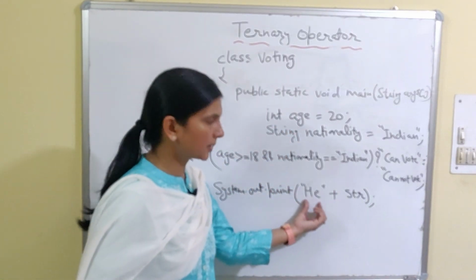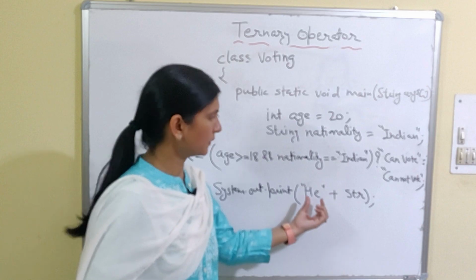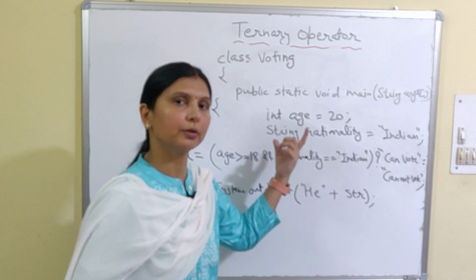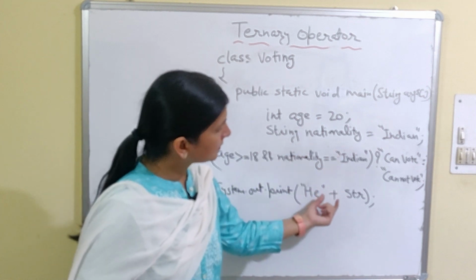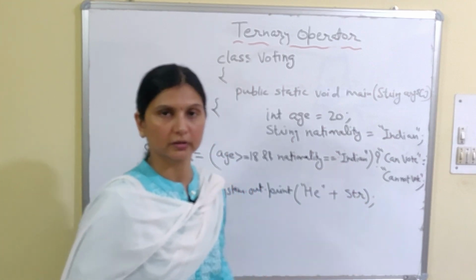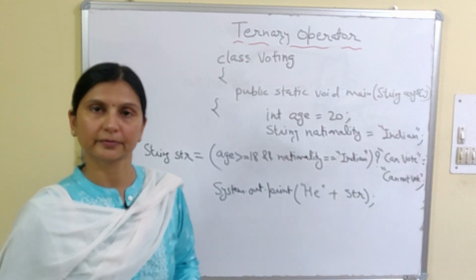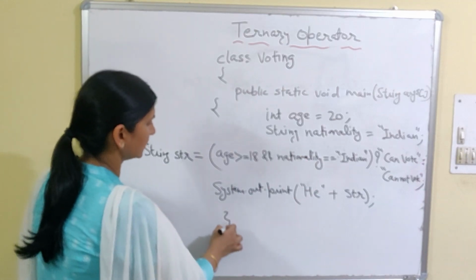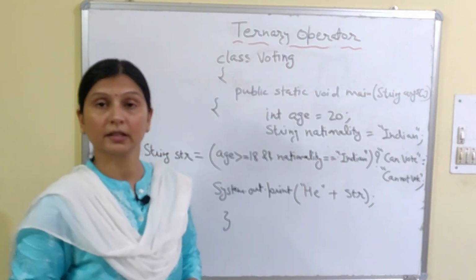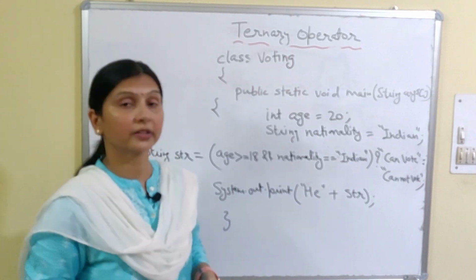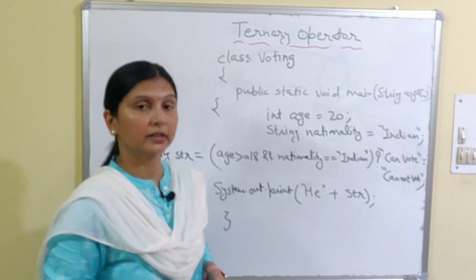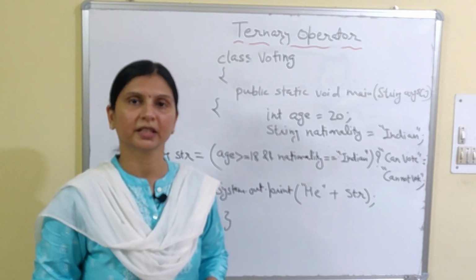Fine. So this will depend upon the program. So if in the program he is mentioned, you will write he. If any name is there, you can write the name. For example, Rohit is mentioned. So Rohit, only Rohit within inverted comma plus str. So the output will be Rohit can vote. Fine. Or Rohit cannot vote. Fine. Then the brace is closed. I hope it is clear. Fine. So it's the concept of the ternary operator, very simple. So try your programs based on the ternary operator, then it will be more clear. Thank you so much.